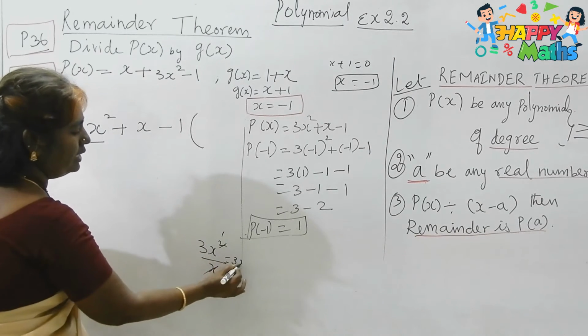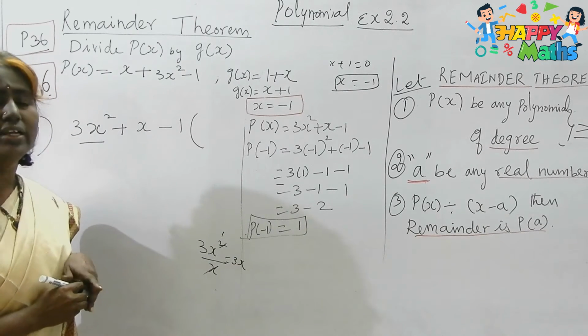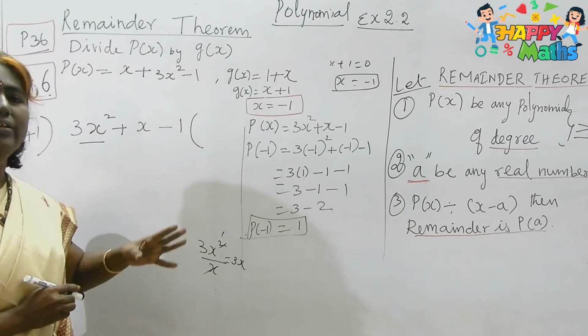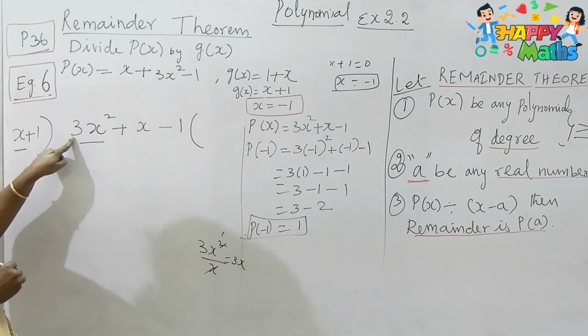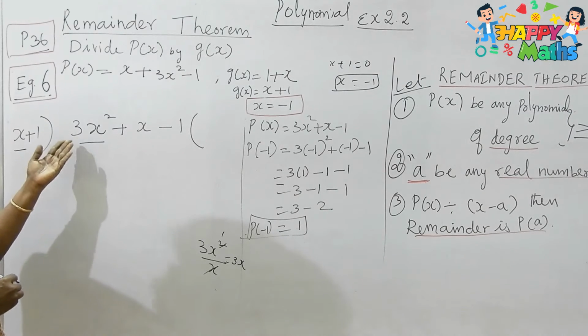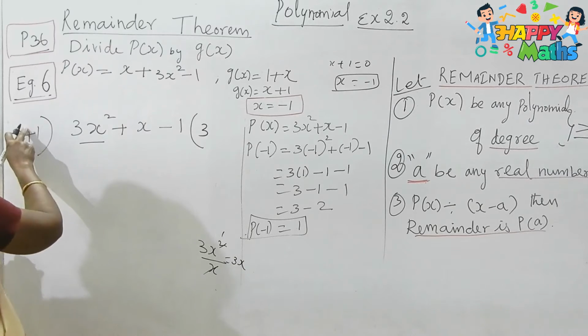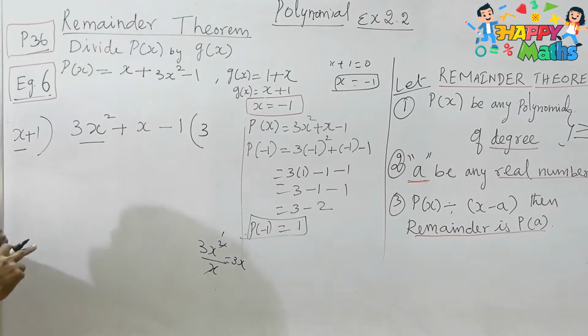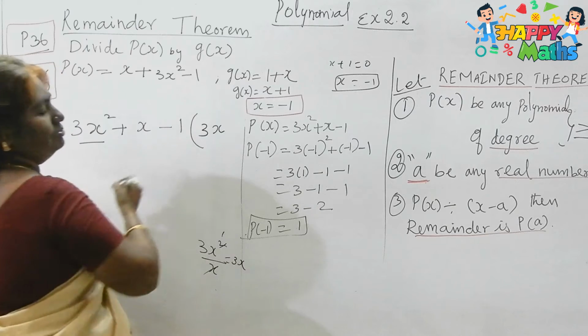So 3x will be the quotient. You can do it that way, or otherwise, I used to tell my children just to keep it in our mind, it is the shortest way. See, it is 1, it is 3. So what more do we need? 3 we needed. Okay, so let us write 3. This is only x power 1, this is x power 2. What is the balance one? Only x. So let us write it that way.